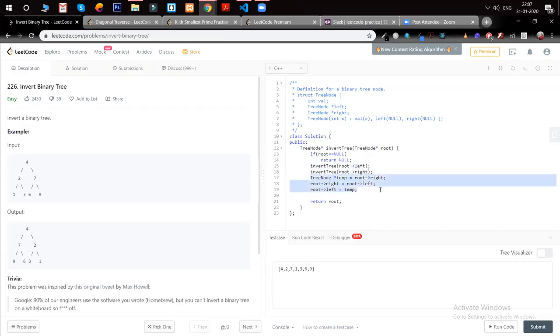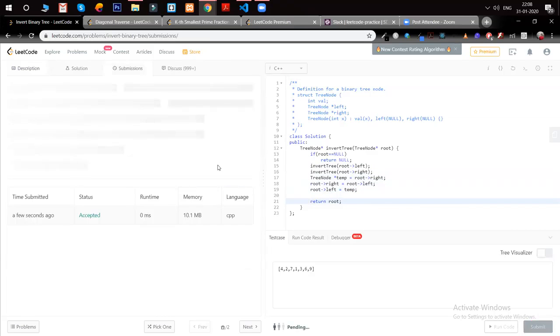So basically I'm swapping the left address and the right address so that I can invert the binary tree. It's basic recursion and then swapping. I guess this is one of the approaches, and with it I got 100% accuracy.